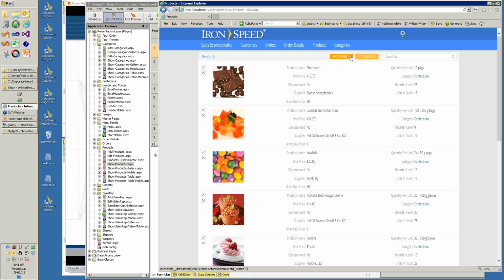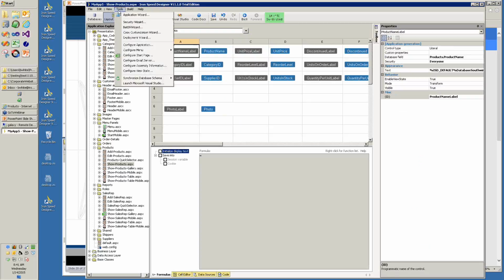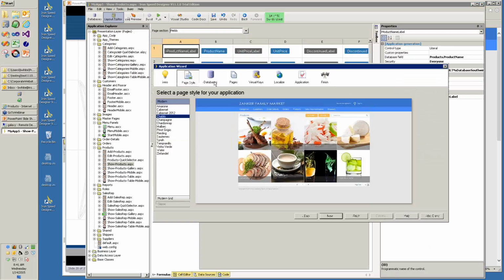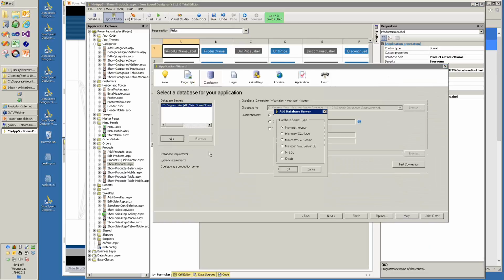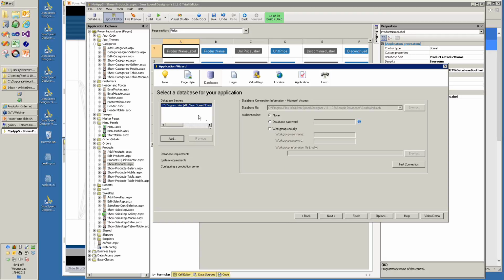Can you easily use existing SQL tables to determine your user login database? Of course you can use existing SQL tables. You just create pages. You can have more than one database. So if you have a database where your users are in a separate database, you could add that to your application. We just go back into our application. We could run the application wizard again, go to our databases, and add a database. I don't have one to add here, but this is the idea. Once you add another database with a user name in it, then you can use that for login. So